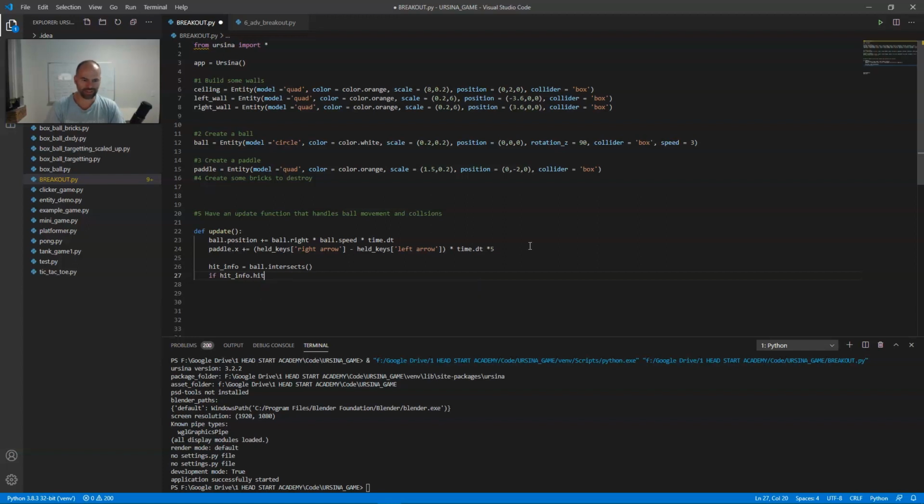Now that means if there is a collision. If there is a collision, then you could say something like if hit info dot entity double equals paddle,